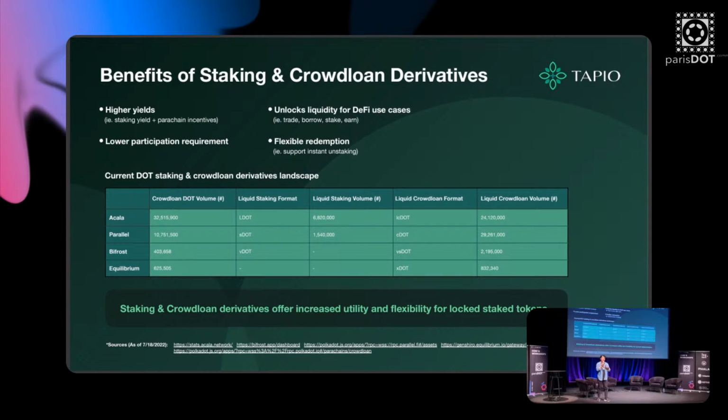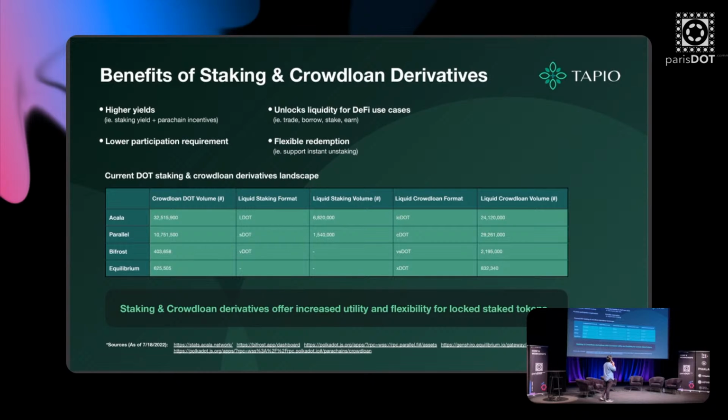But now, for a normal user or somebody just entering the ecosystem, it has become quite expensive to directly participate in staking due to Ethereum's price. So with these derivatives, it lowers the participation requirement. And that's the whole purpose of some of these parachains, to introduce these liquid staking solutions so that they could appeal to more people, a larger audience.